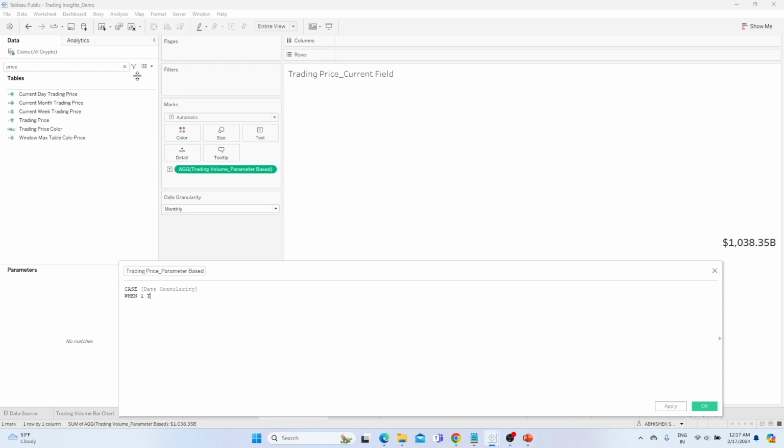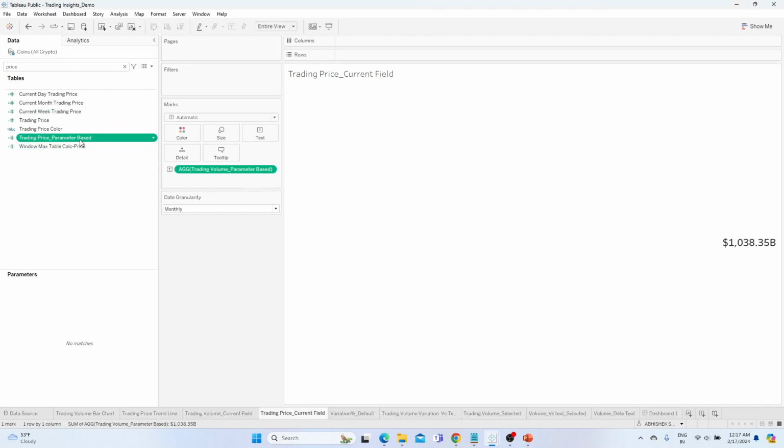When 1, then give me current date trading price. When 2, then give me current week trading price. When 3, then give me current month trading price, and